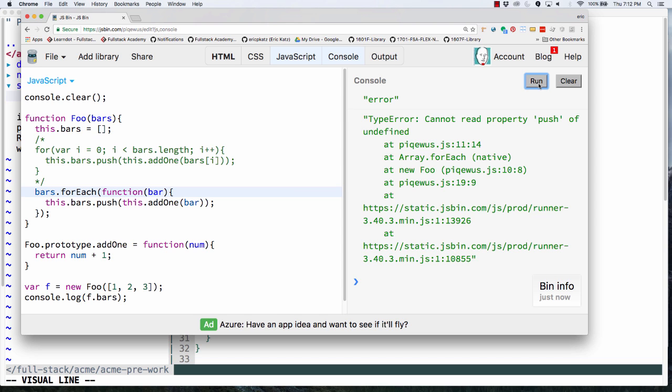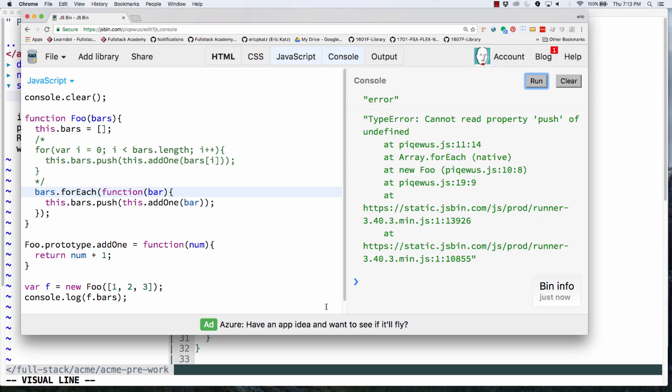You're specifying a callback function. You're not in charge of what the context is inside that callback function. We expect inside this callback function, this will point to our object the same way it did up here, but it doesn't, okay? If we were to go into our